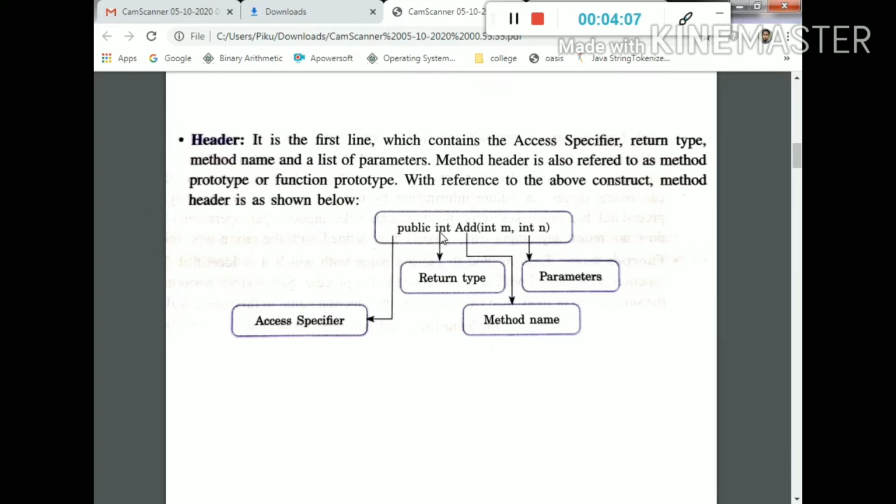Next, add is the function name. It can be any name but should relate to the topic. Int m, int n are parameters. Not every function needs parameters; sometimes we use them, sometimes we don't.